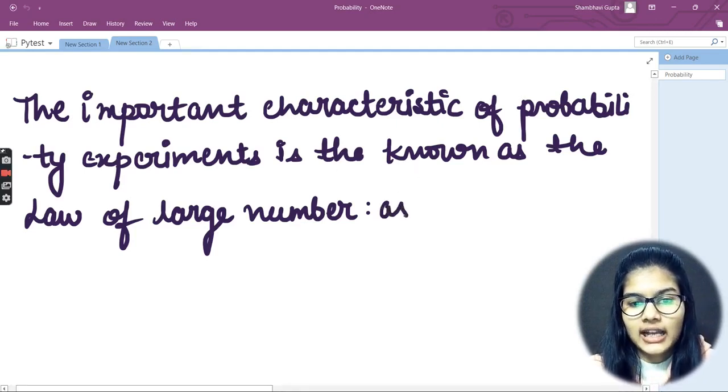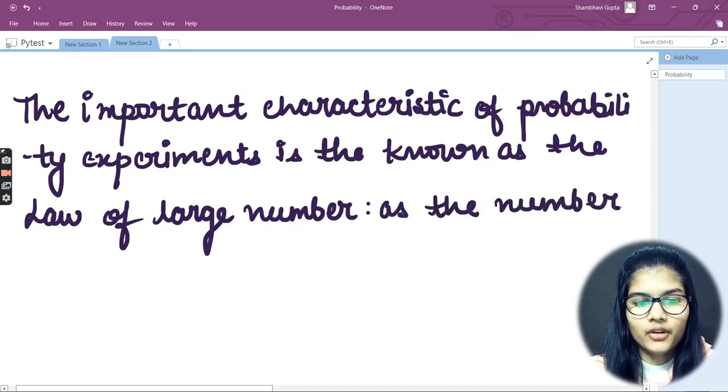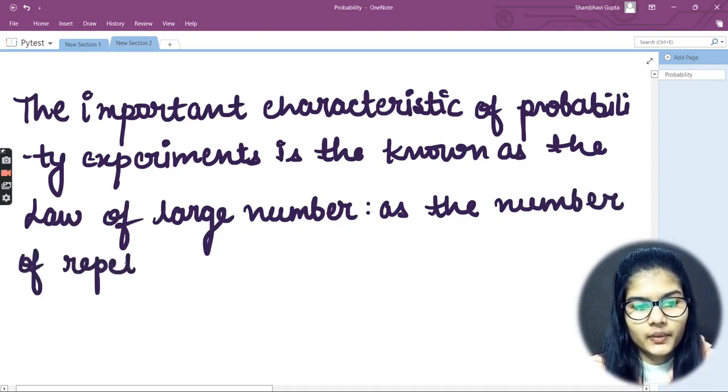Now let's start here, as the number of repetitions,